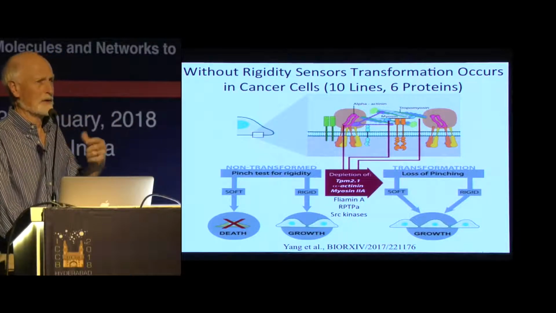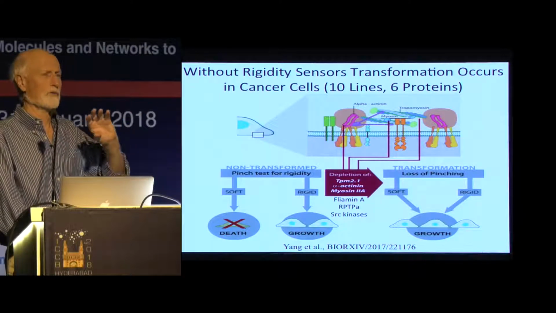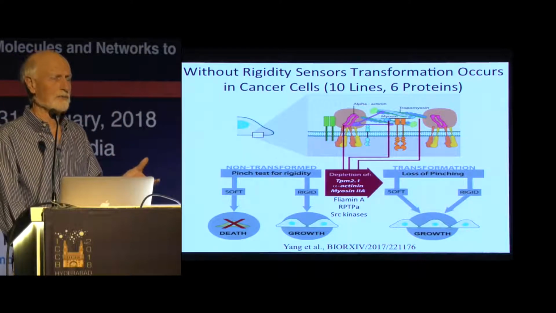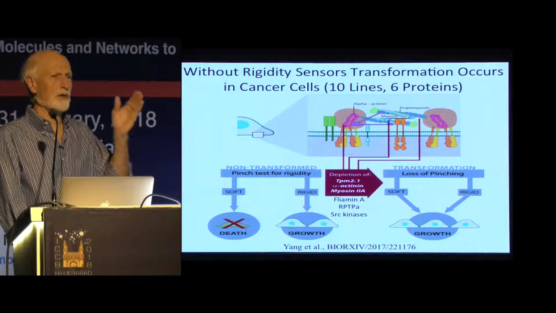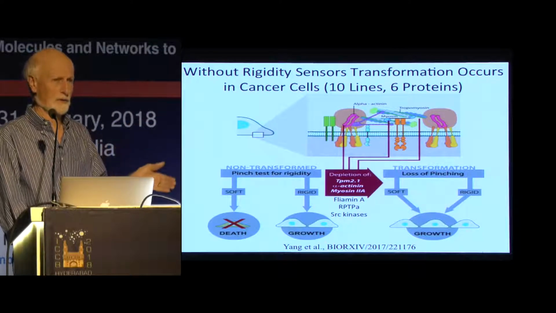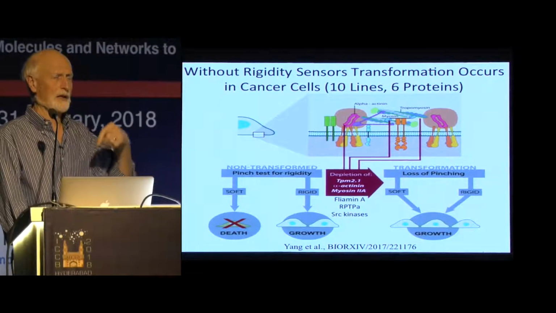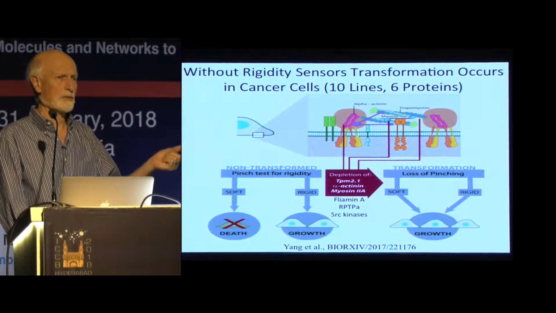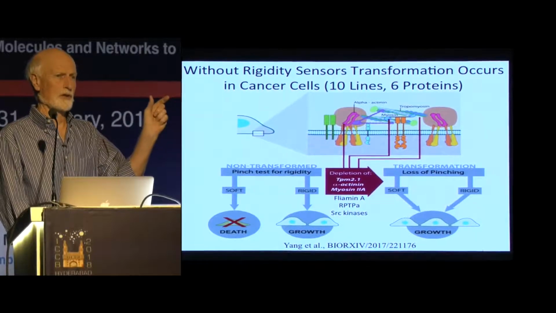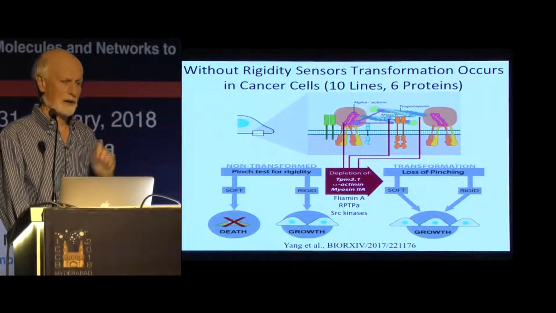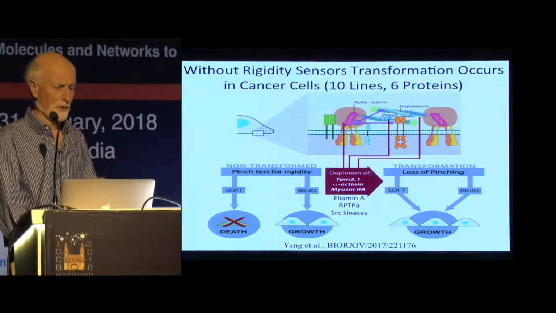And that surprising result, we can toggle back and forth in a variety of different cell types by simply removing or adding back the respective cytoskeletal proteins that are missing. And in the absence of those cytoskeletal proteins, the rigidity sensor is missing and the cells are able to grow